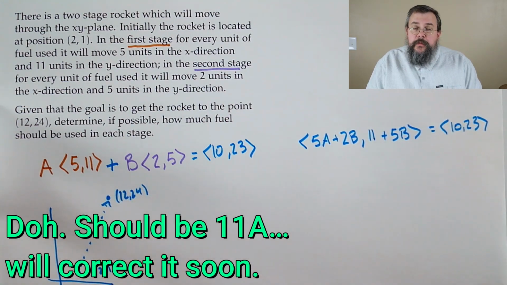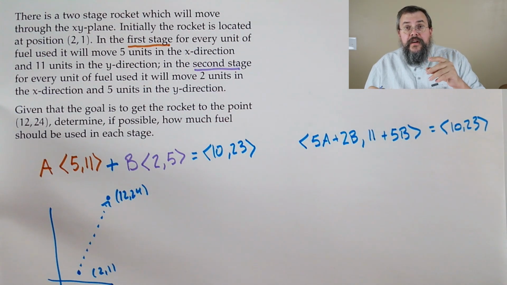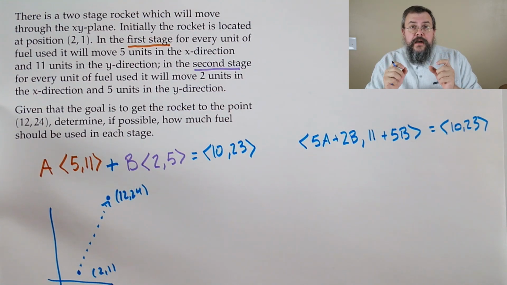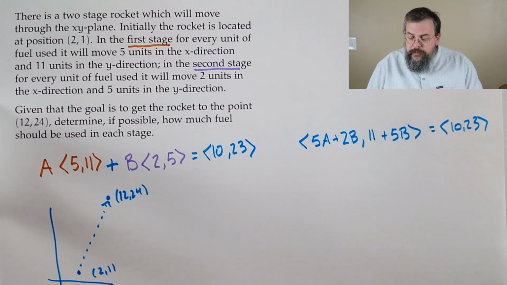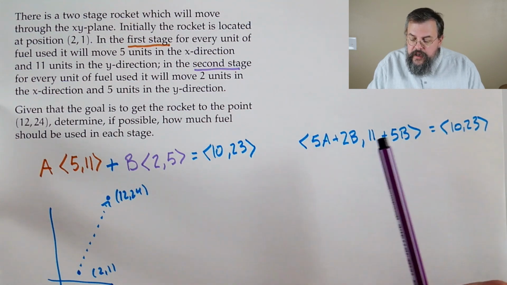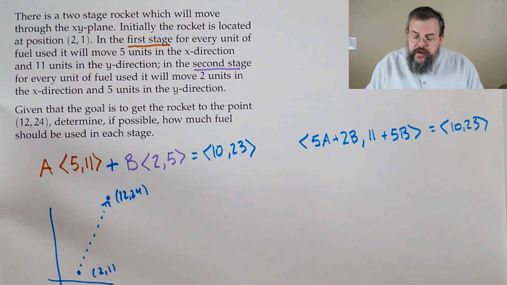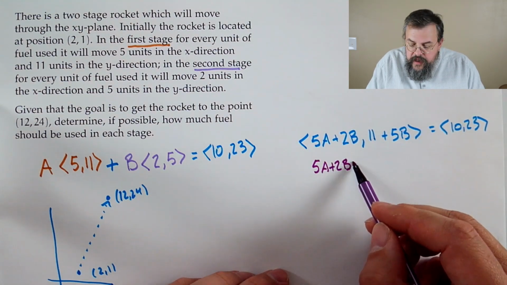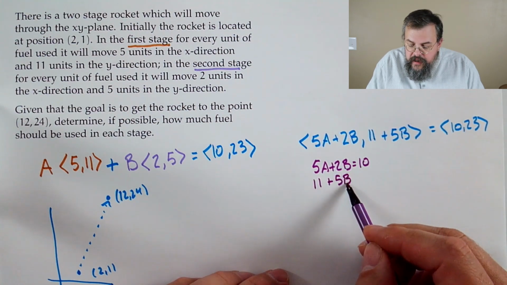Now, a very simple observation, so simple it might not seem useful, but it is the following. Two vectors are the same if and only if all the entries are the same. So what needs to be true is that the first entry has to match the first entry, and the second has to match the second. So we can say 5A plus 2B has to equal 10. And 11 plus 5B,